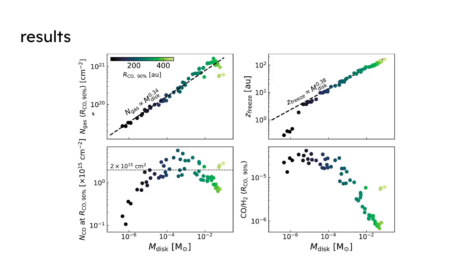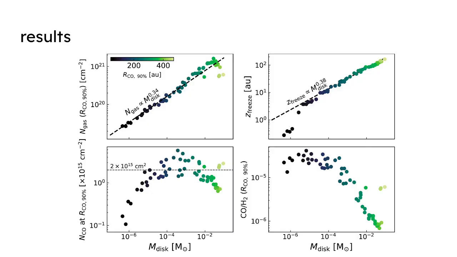Again, it depends on where you look, but we'll look at R90, and I guess R90 in their models is in the area where at the mid-plane there are cold enough temperatures, which is interesting. Would that be true for our models? I'm not sure, but evidently, since they have that Z freeze at R90,